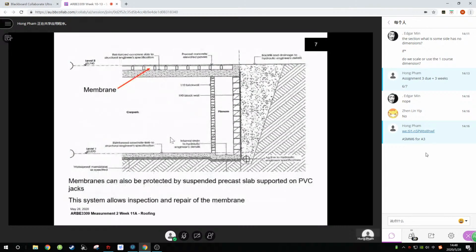This slide 7, this is another good system, and it's used quite a bit in Europe, I've noticed, particularly in Paris. And you have the slab, and then they'll put the membrane over the slab, and then there's little plastic screw jack things, about 100 mil high, that hold pavers, about 600 by 600 pavers, up in place. And then the idea is, you screw them up to get them all level, and you've got what looks like a paved area, but actually it's a void space underneath, and then a slab with a membrane on. So if a problem comes, you just lift up a couple of pavers and you can fix the membrane. But this particular job is a nursing home,